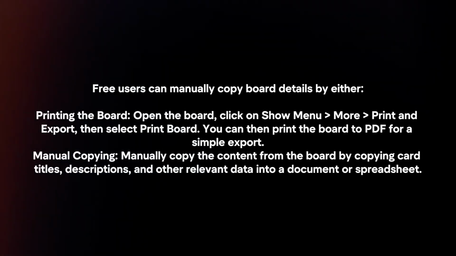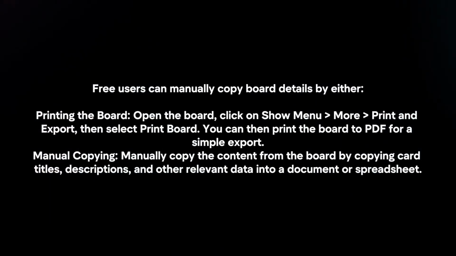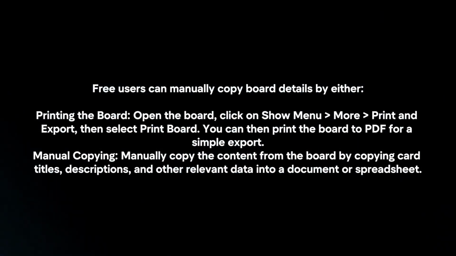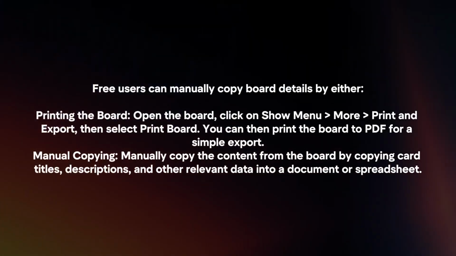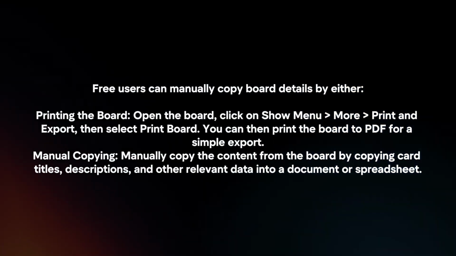Open the board, click on Show menu, More, Print and Export, then select Print Board. You can then print the board to PDF for a simple export. Manual copying: manually copy the content from the board by copying card titles, descriptions, and other relevant data into a